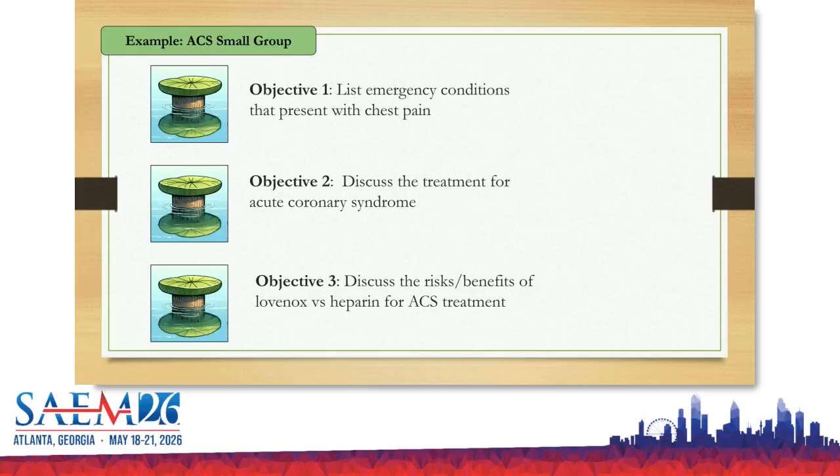So you can see on this first objective, let's say I'm a little instructor frog, so I'm thinking to myself, I'm gonna start on this first objective. And I might tell people, okay, who knows the emergency causes of chest pain? I got a group of PGY2s, I expect them to know this, so I'm not gonna spend a long time on it. They'll say all the things, I have my list, I make sure we say all of them, and I say, great. Summarizing, I re-summarize what they said, and I can move on from this. We already hit this objective, great.